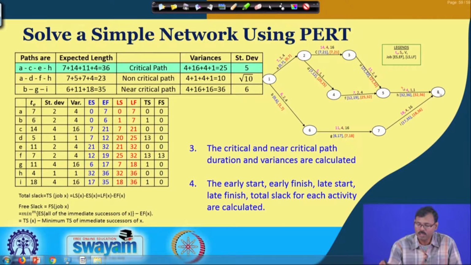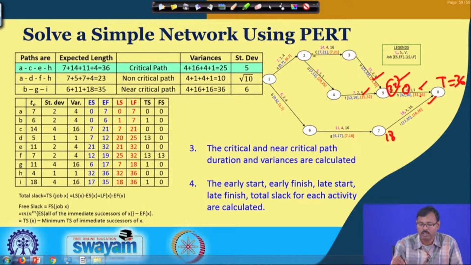Similarly, considering T equal to 36, if we go for the backward pass, the latest finish time of both the jobs is 36. So, subtracting 4, the normal duration, from 36 gives us 32. So, the latest possible start time of this job is 32. Similarly, here we get 36 minus 18, which is 18. Considering 32 for both the cases, 32 minus 7 is 25, and 32 minus 11 is 21. Then 21 minus 14 is 7, and here 25 minus 5 is 20. So, among these, 14 and 20, we take the smaller one, 14. So, we have considered 14 minus 7, it is coming 0,